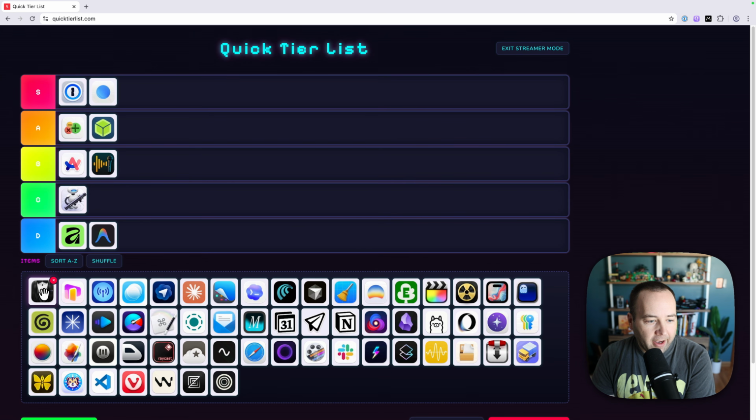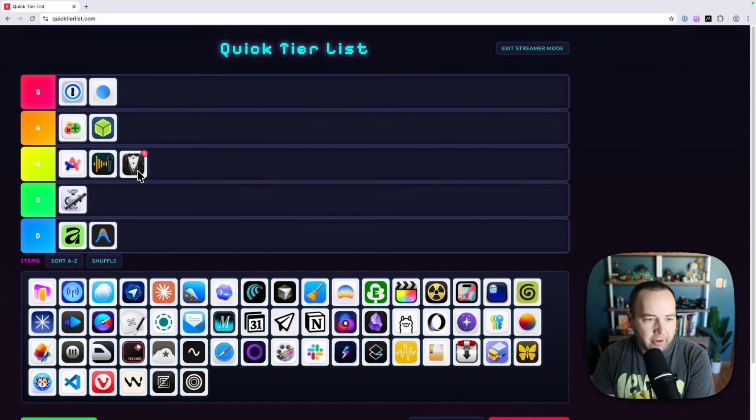Bartender 6. Bartender, I liked Bartender. I'm going to put it in C tier, or B tier, sorry, right down the middle. I think it's totally fine. I think it's a well-made app. It does the job really well, but there are free alternatives that work. I happen to have paid for it years ago and got a lifetime license, so I'm not paying for it